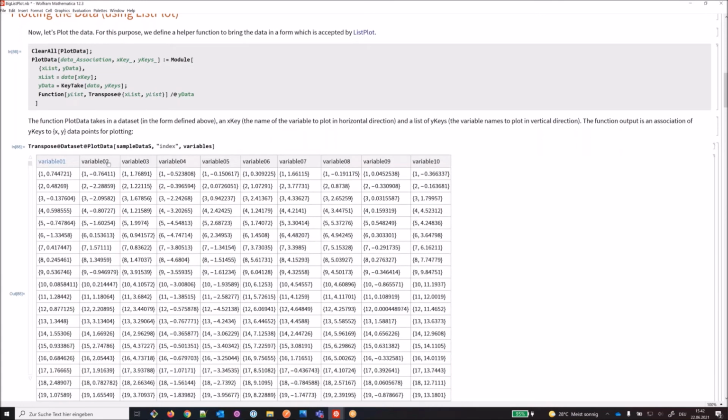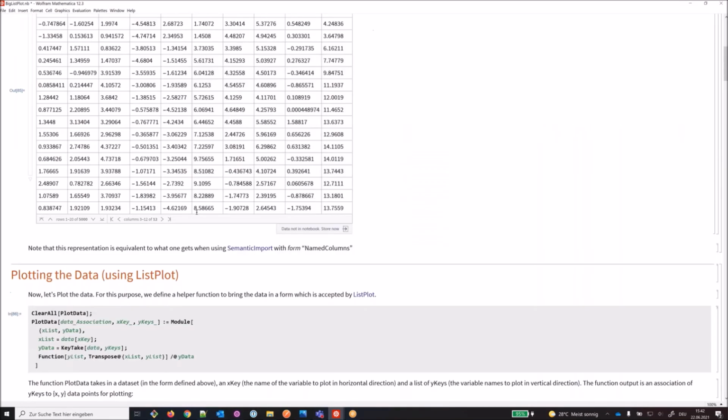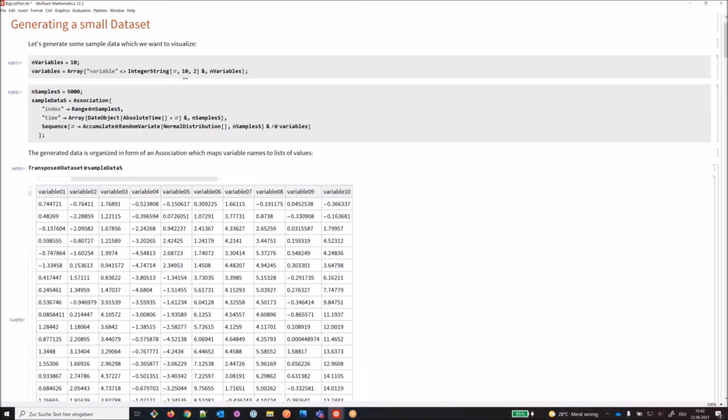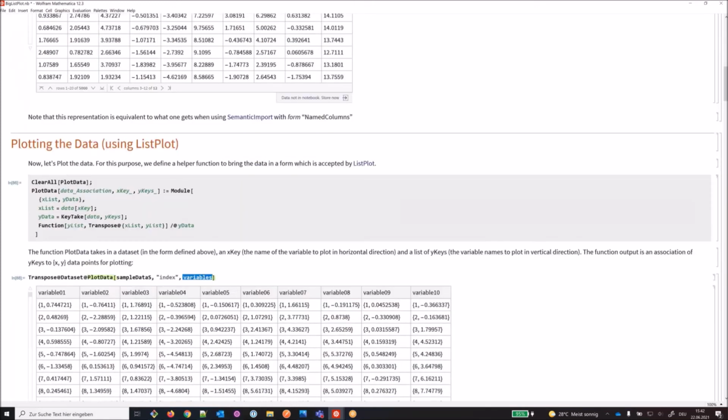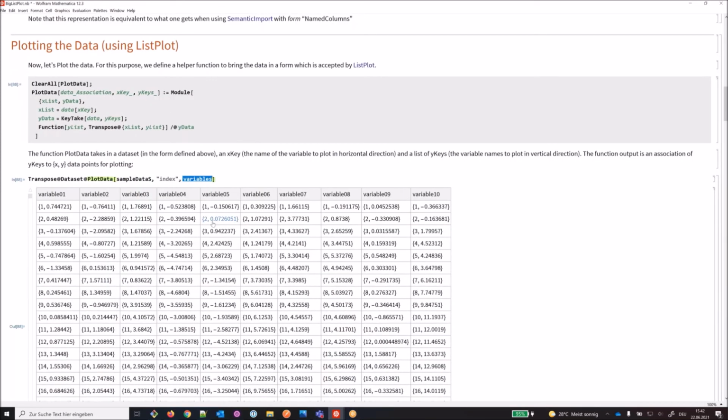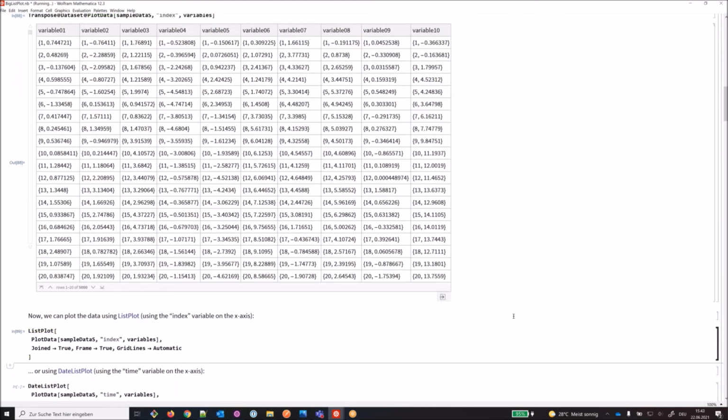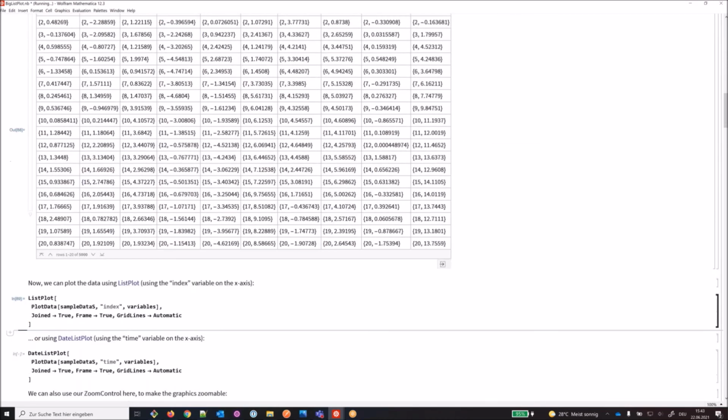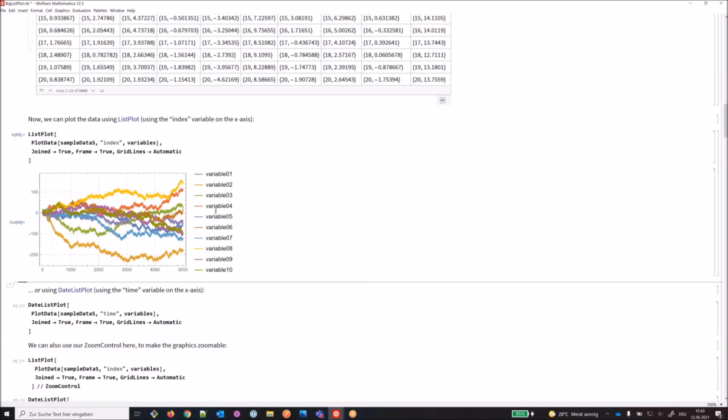It creates for each of the variables pairs of x, y coordinates, where the x coordinate corresponds to the variable index in this case, and the number of variables generated here is specified by the list of variables passed here. So variables in this case is the list of all variables, but you can also pass just a subset of variables. If I pass this to list plot, I now get a nice list plot of my sample data,